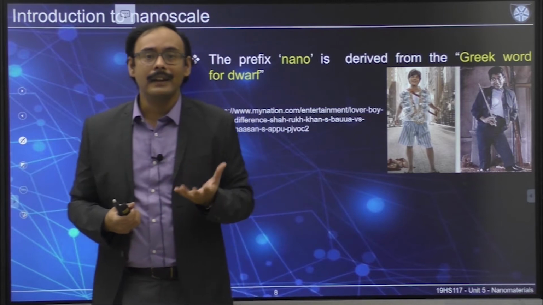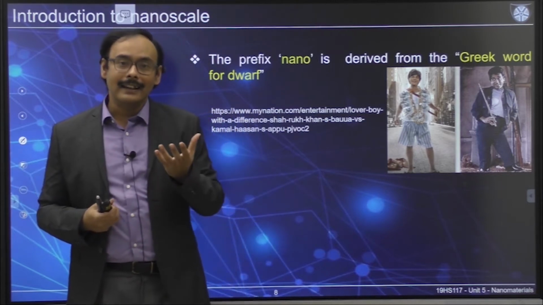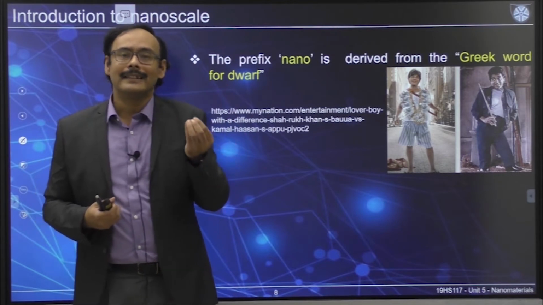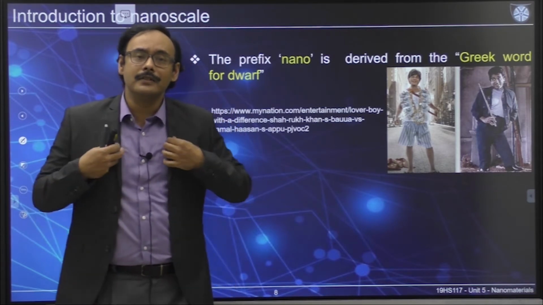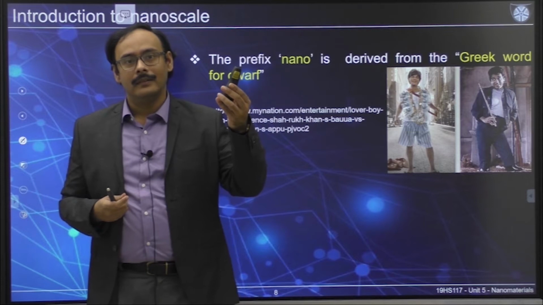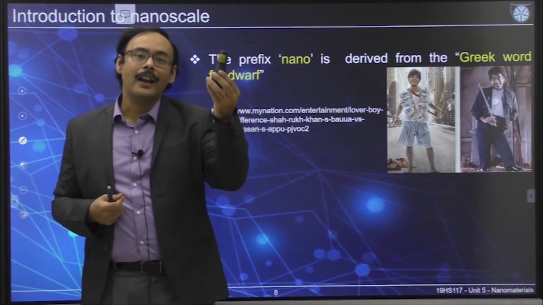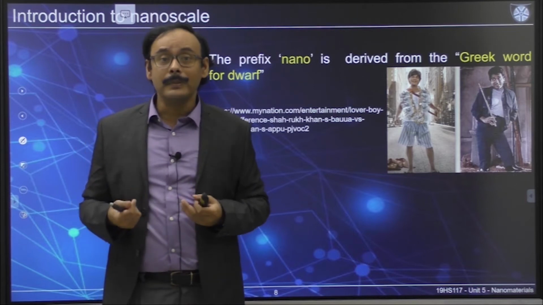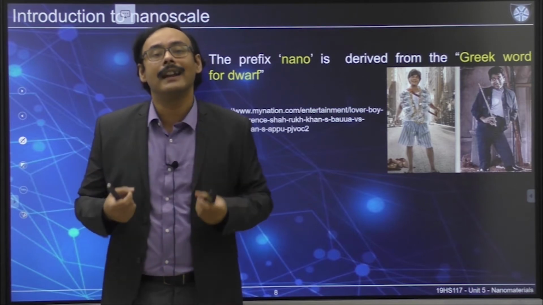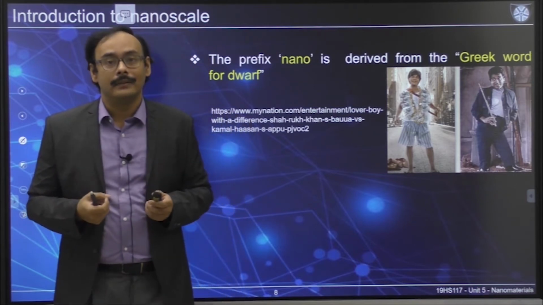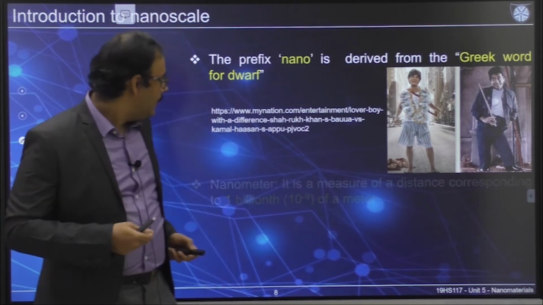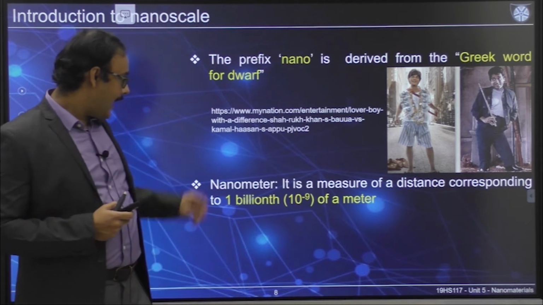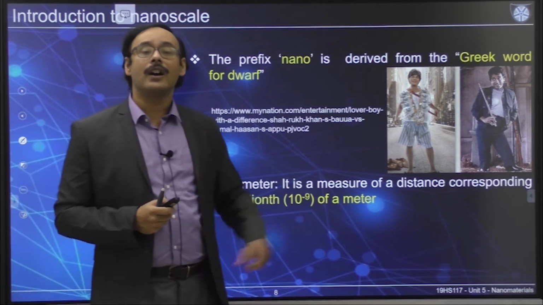That's a very important part to know, because unless we talk about an absolute value, it doesn't make sense. In comparison to me this is small, but is it a nanomaterial? The obvious answer is no. So how small do we have to be thinking when we want to relate to nanomaterial or nanoscale? By definition, a nanometer is about one billionth of a meter.